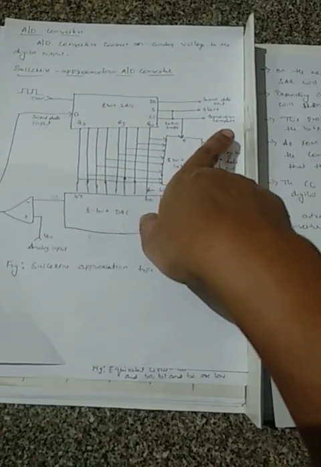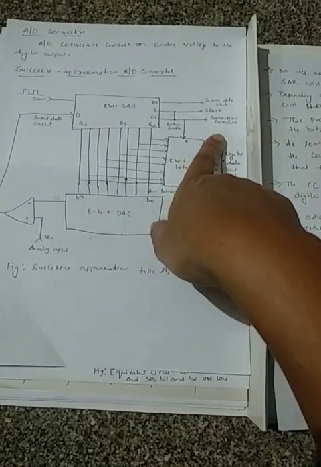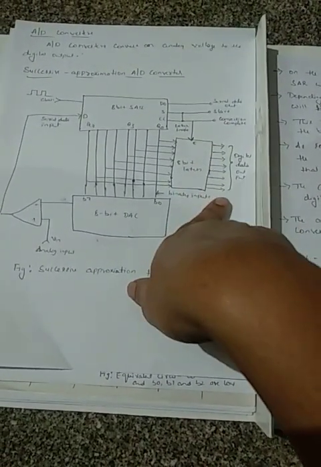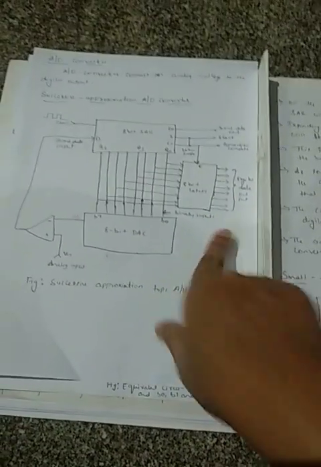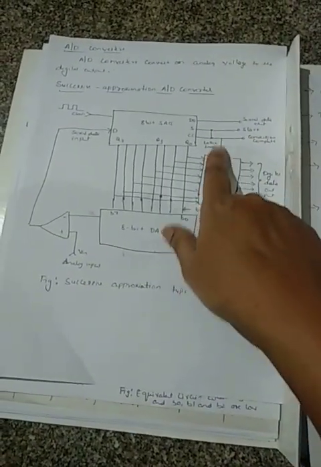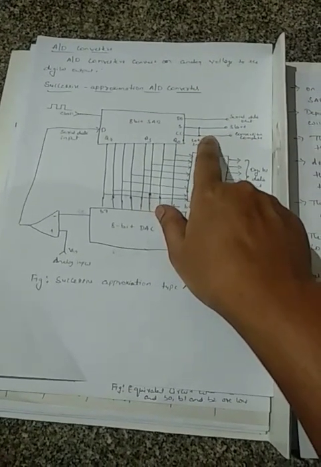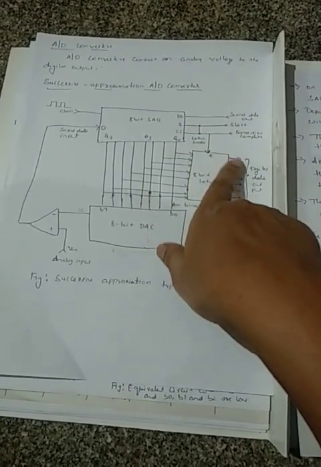The parallel lines will contain the output data. This CC signal will enable the latch. When the CC signal goes high, it enables the latch and the digital data appears at the